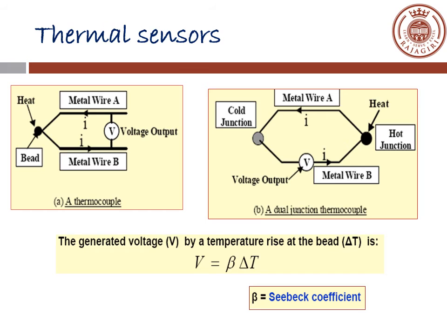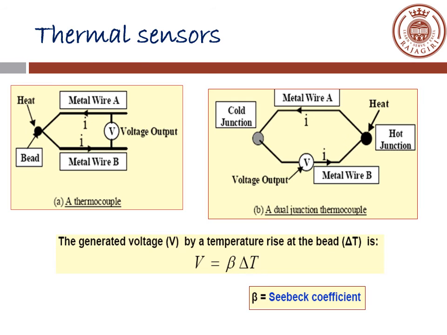That will introduce a temperature gradient, so that will give you a better idea in which direction the temperature variation is happening. Okay, that creates a temperature gradient. And now you can see you are having two junctions, a hot junction and the cold junction, and this voltage generated, you can see the equation V equal to beta delta T, where beta is known as the Seebeck coefficient, and delta T is the temperature difference between hot and cold junction.